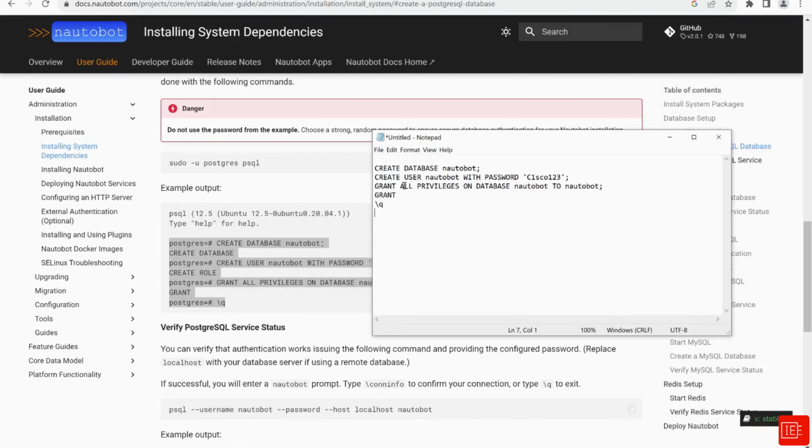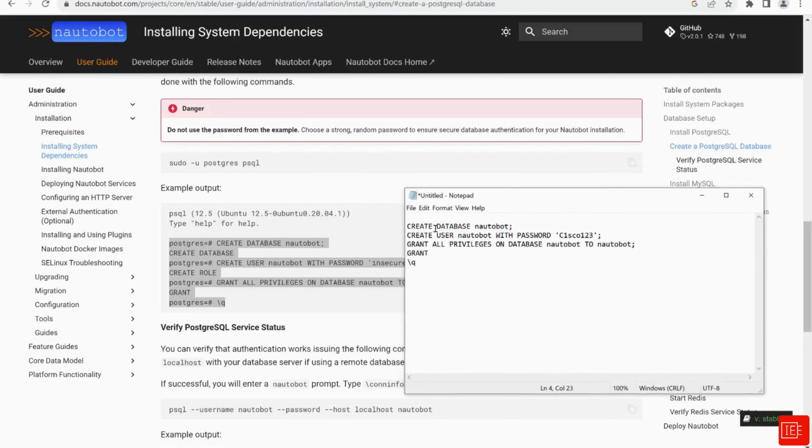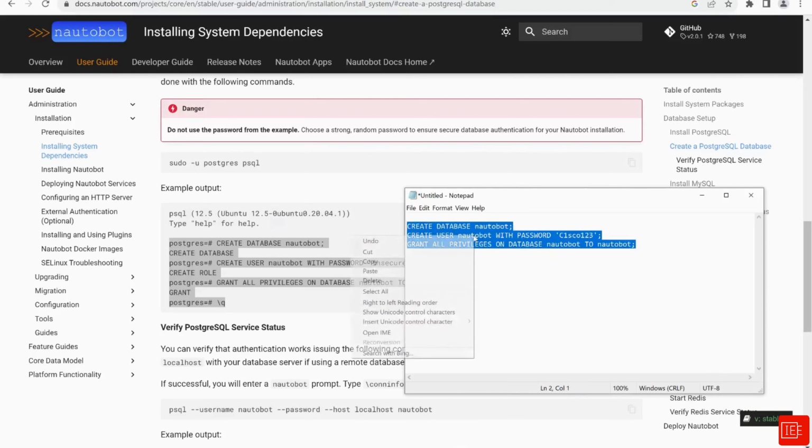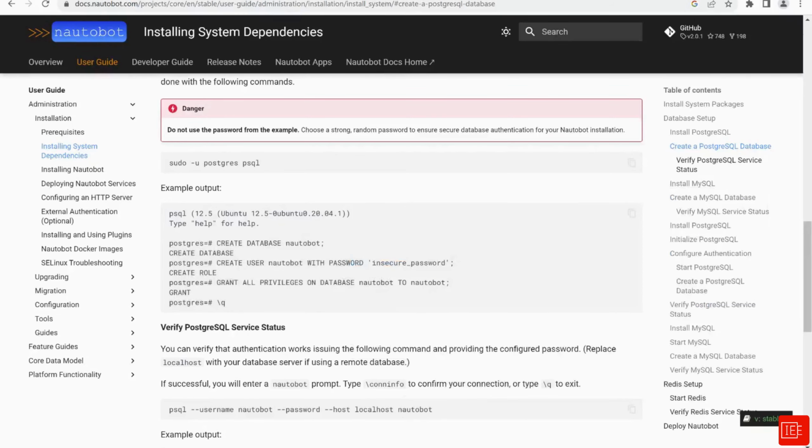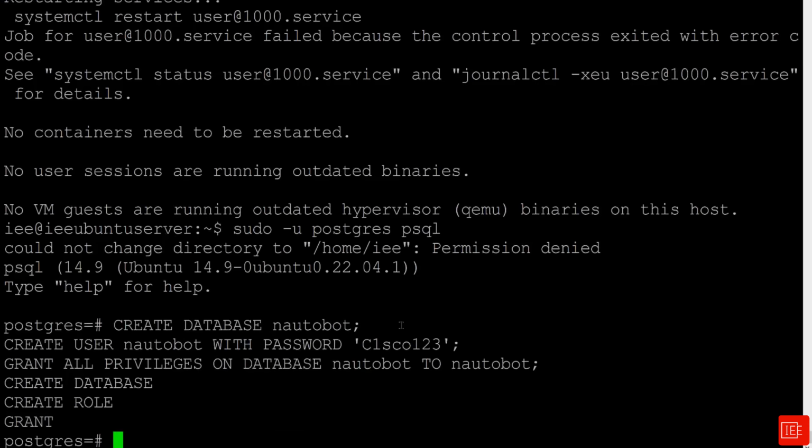So what you see here is I have just populated the commands in question, where I'm going to create the database called nautobot, and I'm going to create the user account with the password Cisco123, and then I'm going to grant the account all the privileges. So I'll copy all these commands into the CLI and then hit enter. And what you want to see is grant. And what you can do now is quit